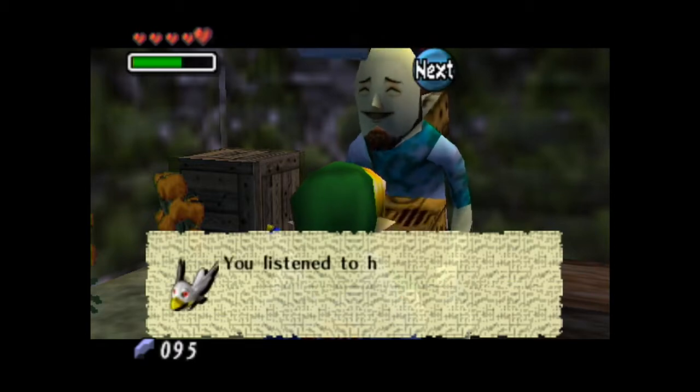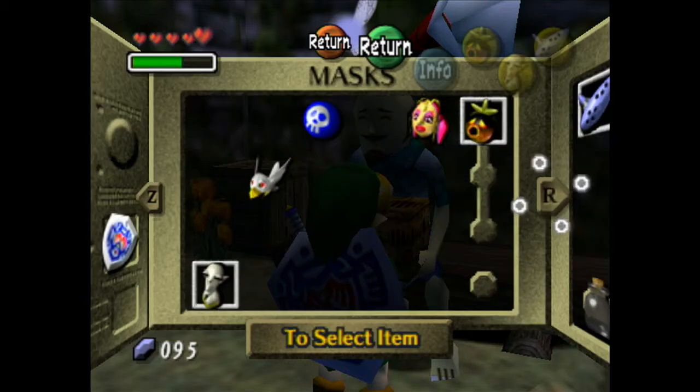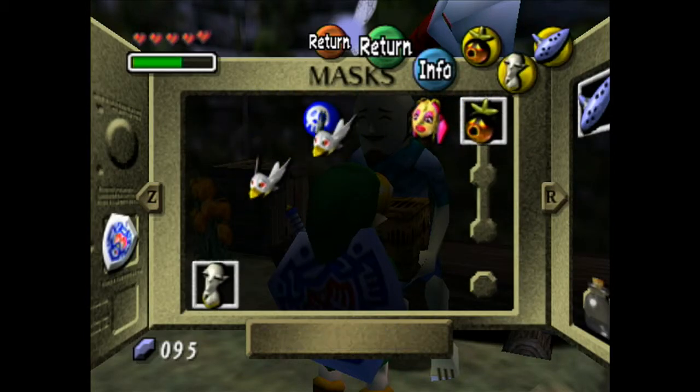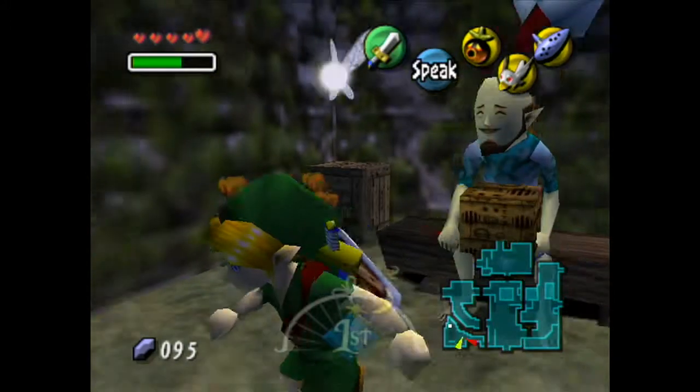Anyway, Guru is added to our notebook. This to his confession of guilt. So, we've actually gotten quite a few masks this one. Anyway, what this mask does is... oh, I didn't want to change my Deku mask out. Pretty simple. When you put it on,